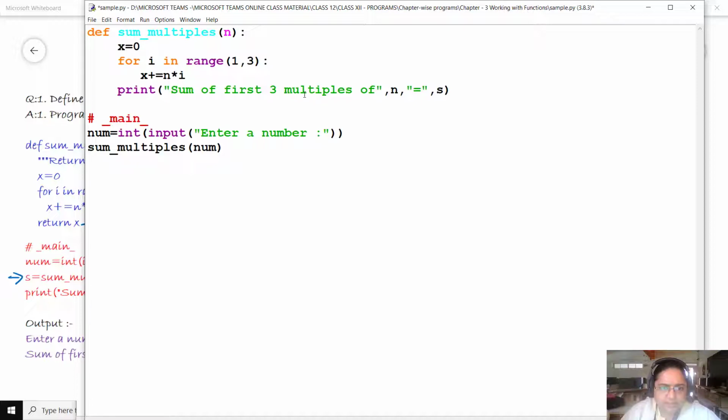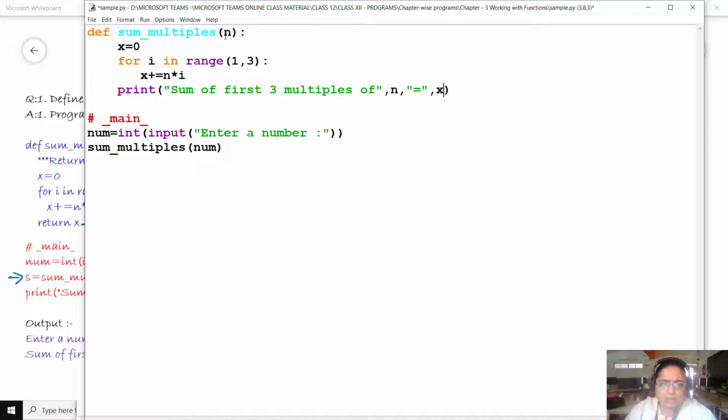So we will write: sum of first three multiples of n is equal to not s but x. s was a value which was taken when it was in main, because we know that all the intermediate variables declared within any function, or even its parameters, belong to the function locally. That is, they are the local variables within the function, right?